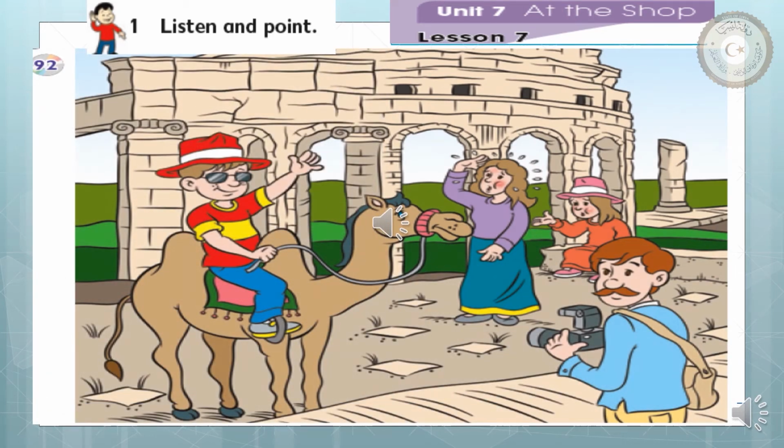Now look at this picture. Okay. What can you say about this picture? We have a family. Yes, of course, this is a family. Who do you think the family is? You know this boy. This is Ben. So this is Ben's family. Look at here. His mom, his sister, and his dad. Okay. Tell me now what they are doing in this place. We have an old building, and there is a camel that has a camera. Okay. What do you think they are doing in this place? They are